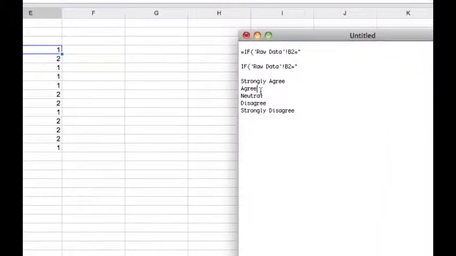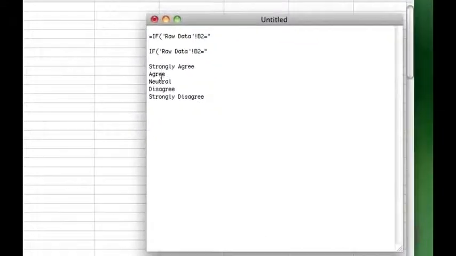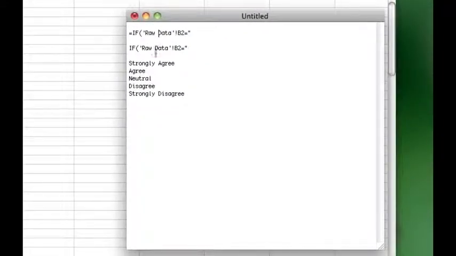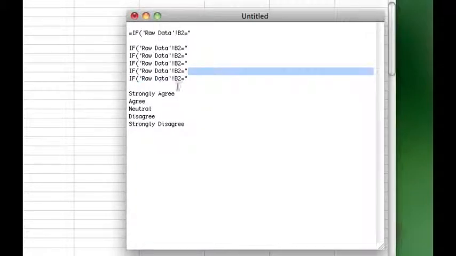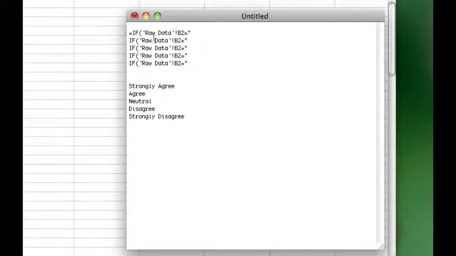So in total we're going to need 1, 2, 3, 4, 5 altogether. So I've got 1 here. There's 1, 2, 3, 4, 5. Perfect. I think that's 1 too many actually. Let's get rid of that last one so I don't get lost. Okay, so if raw data B2 is strongly agree, let's take this one and put it right up here. Mark it 5,